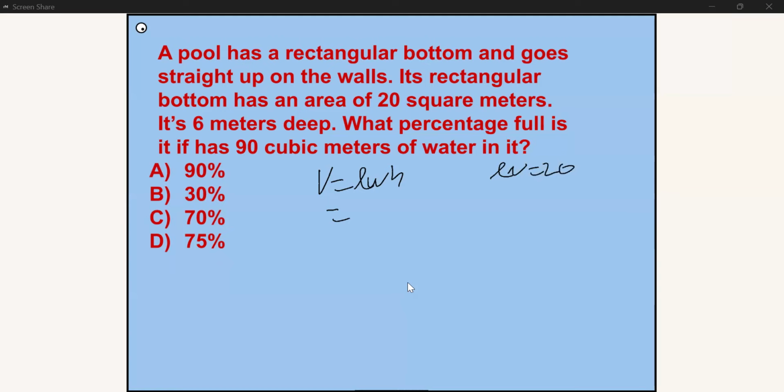We don't need to find the individual units. I think that's the mistake you might try to make. You just need to find the volume, and you're close already with the area of the base and the height. So now you're going to do 20 times 6, and you're going to get 120 meters cubed. And then you have 90 cubic meters of water, right? So 90%, that's almost just 90. That doesn't make sense. So you're going to do 90 meters cubed over 120 meters cubed. That cancels out. You have 9/12,